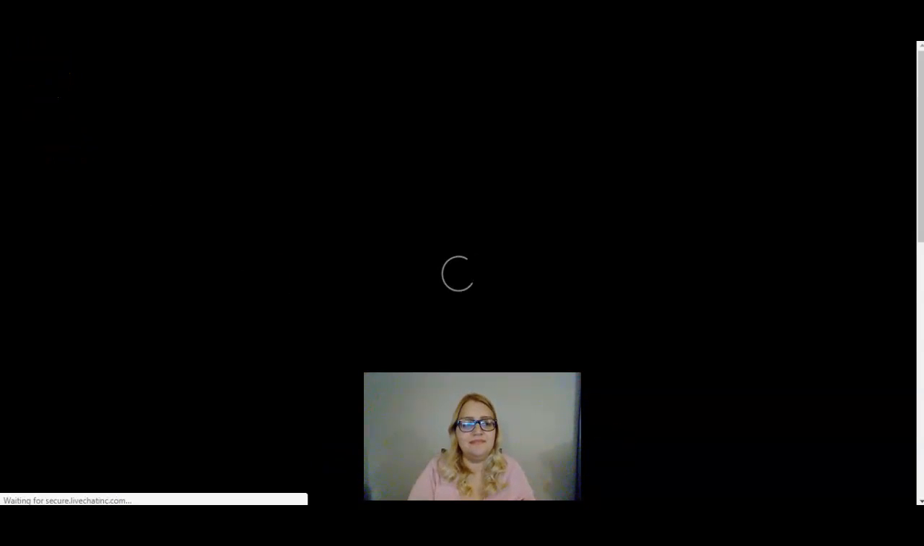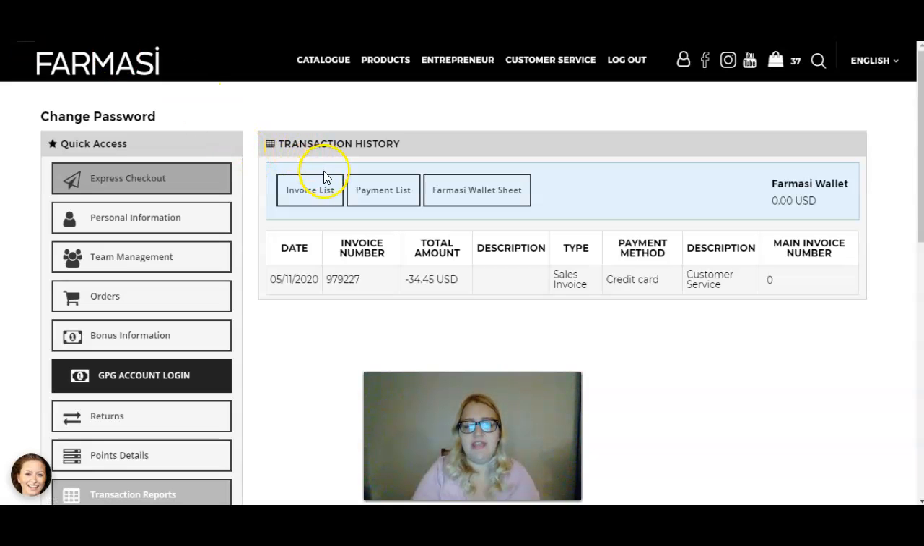So you would go ahead and click on any of the links that you desire the information for: your invoice list, your payment list, your pharmacy wallet sheet. This has the breakdown of what you get paid, how you transferred the money over, what dates they were transferred over, and then currently, as we saw in your tracker, it has the pharmacy wallet amount, which will be either positive or negative,